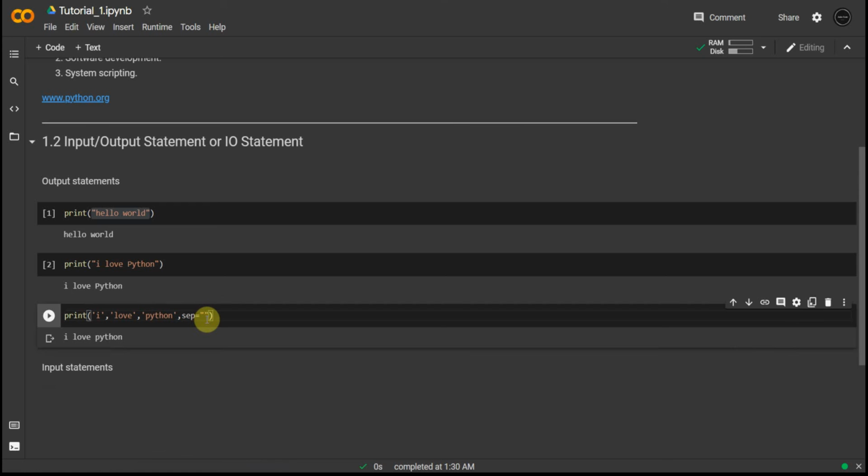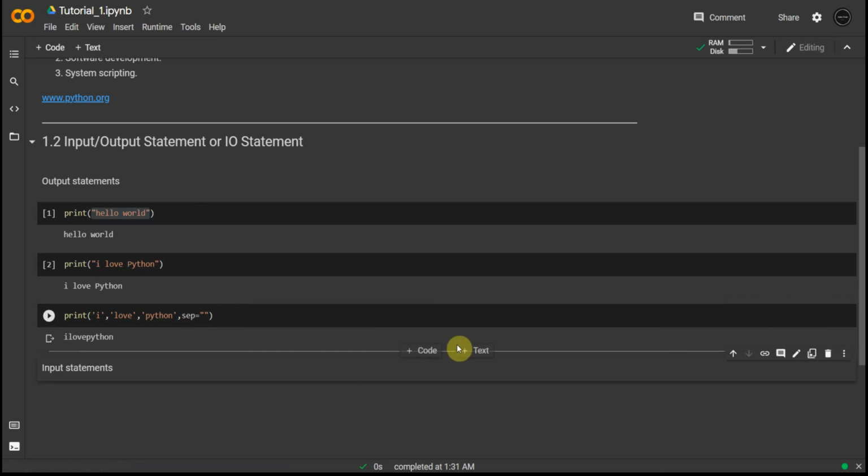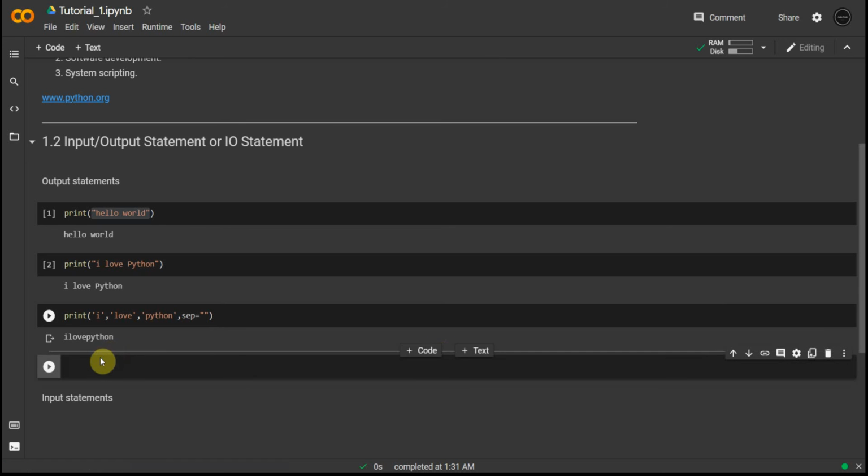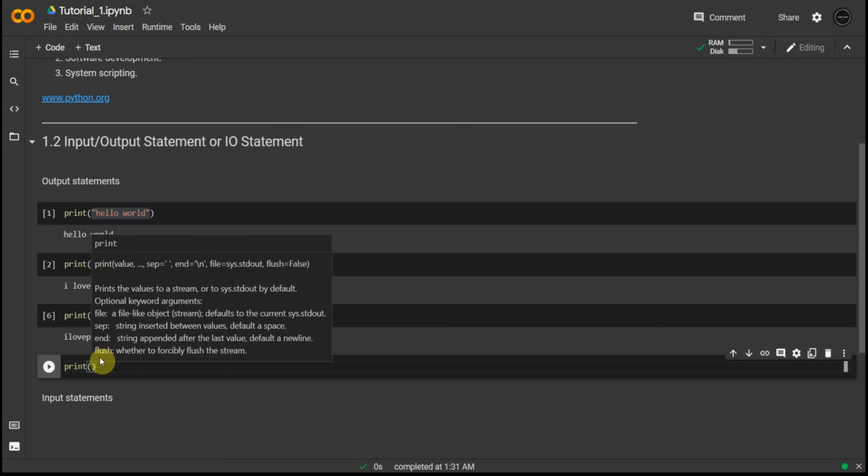If we remove this, then you can see the output changes to without any spaces. Now the print is printing all these comma separated values without any space. So you now have an idea what a function and its parameter are. Let us discuss one more parameter so that we can actually move on to another